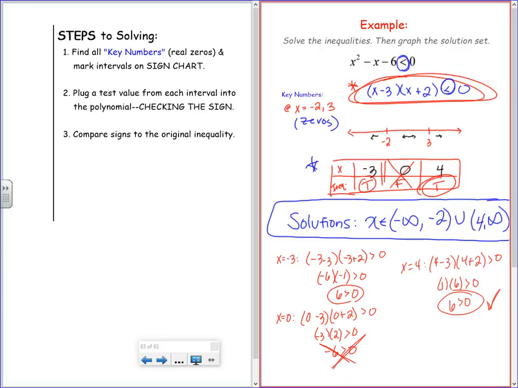Does anybody remember what this little U is for? Union. And union stands for what word with inequalities? Close. 4. And is it the overlap, or is it, hey, this piece and then this separate piece? So since there isn't an overlap, since I'm not talking about an overlap, technically my answer would be, hold on